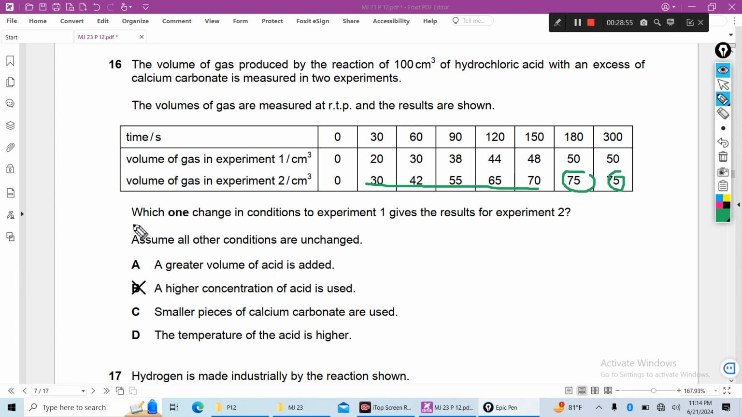So you are asking, which one change in condition to experiment 1 gives the result for experiment 2. Experiment 1 you give less volume of gas, experiment 2 you will get more volume of gas. So if a higher concentration of the acid is used,